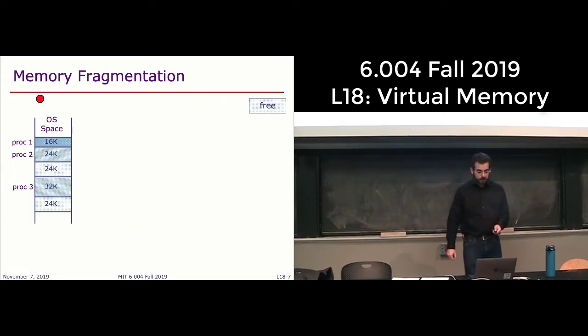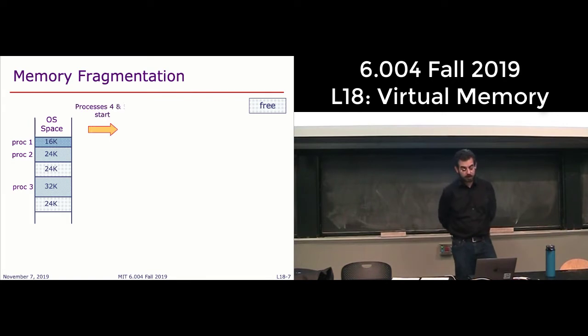This picture here shows 3 different processes, process 1, 2, and 3, that have separate segments allocated in different regions of physical memory, right? So we have some space allocated to the operating system, and then process 1 has a 16 kilobyte segment, process 2 has a 24 kilobyte segment, and process 3 has a 32 kilobyte segment. And between these, there are 2 chunks of 24 kilobytes of free space